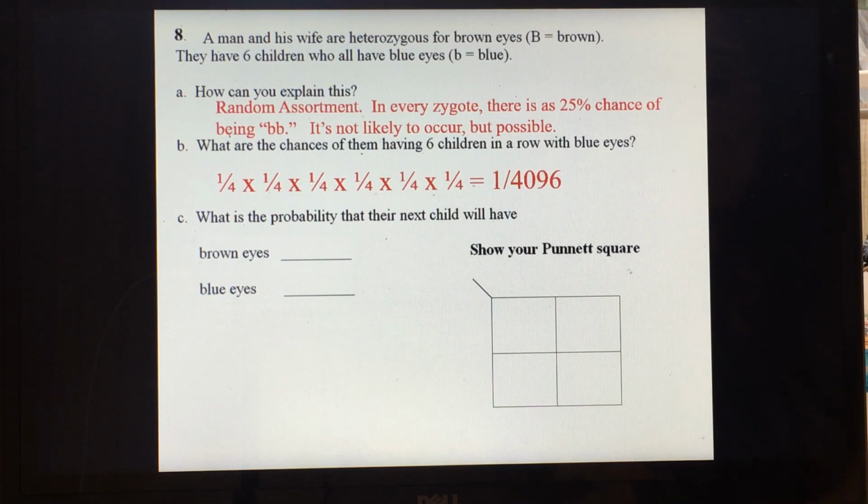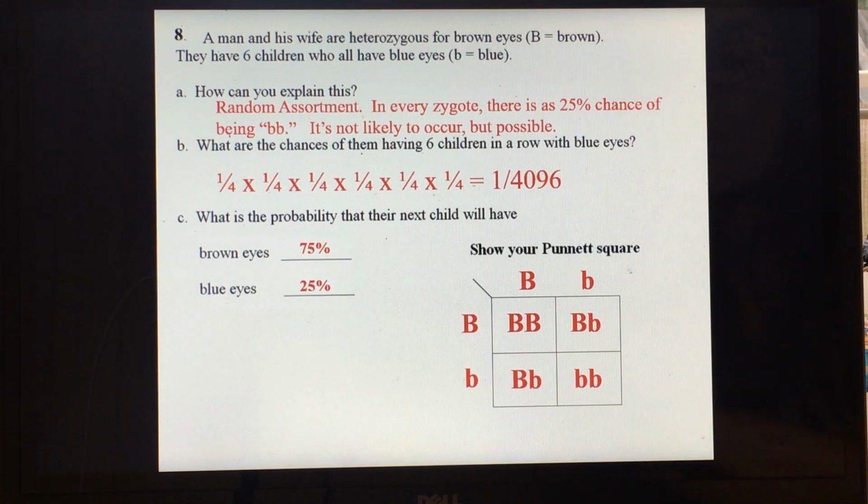So what is the probability that their next child would have brown eyes versus blue eyes? When we do the Punnett square, we have a 75% chance of a brown-eyed child and a 25% chance of having a blue-eyed child. The second law of probability is that the probability of one event does not affect the probability